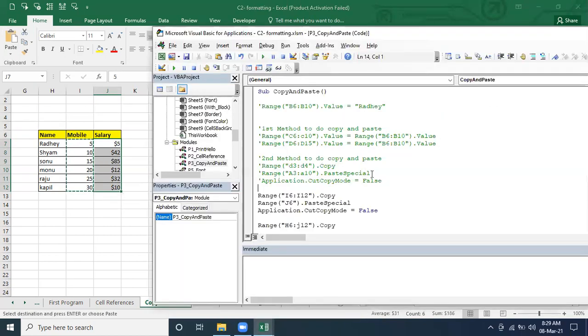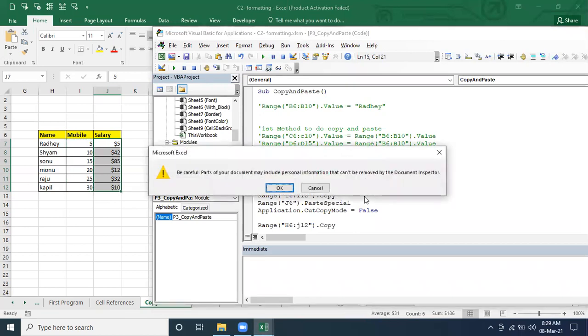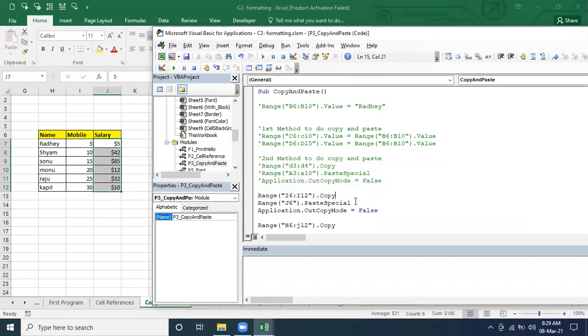So how can we do this with the help of VBA? I think you are in a position to do it, so absorb all these things. How are you going to do it with the help of VBA? So you copy that area. It should be I7 and J7. Now you are going to paste those values, and while pasting you want to do the addition operation, and it should not be paste all, it should be paste value.